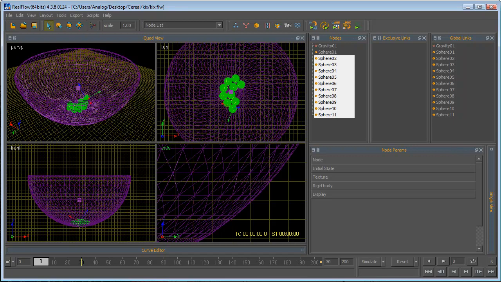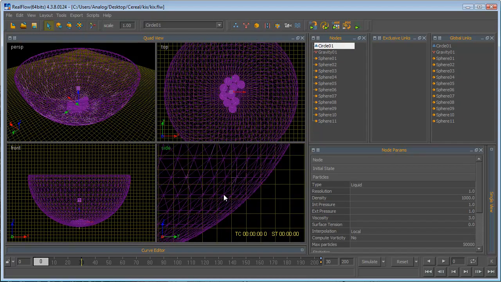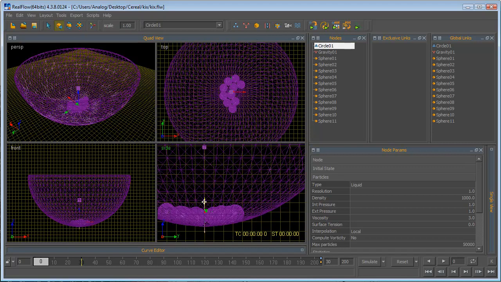Let's go ahead and create an emitter. Why not? Let's create that liquid in the scene. It's going to be these 3 little balls up here. You can choose, like I was saying, a circle, a square, a sphere, linear, triangle. I won't run through them all, but let's create like a faucet, you know what I mean? Like a little circle. So click the circle, and it drops the emitter in the scene. Now you're going to notice something, that emitter is really tiny. Like if this was a faucet, this would be like a gigantic bowl. You see how little that is compared to the, it's not even as big as one of the kick